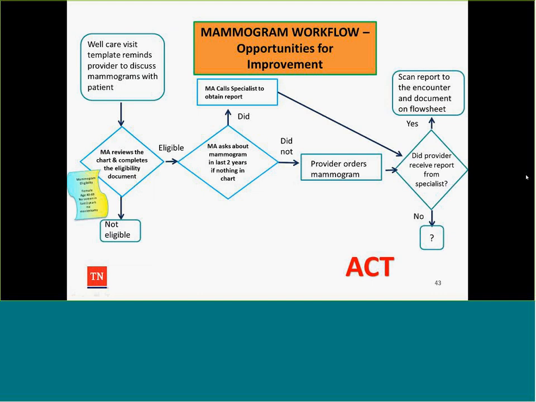So they decide to keep the changes to the workflow and to spread it out to all the providers and MAs throughout the organization. So everyone will be following these new steps by August. This leads to the question, how do we ensure the positive results? The staff decided the best thing to do is look at mammogram rates every quarter, but in the meantime, the MA who piloted the new process agrees to do 10 chart reviews every week for 6 weeks to make sure the process